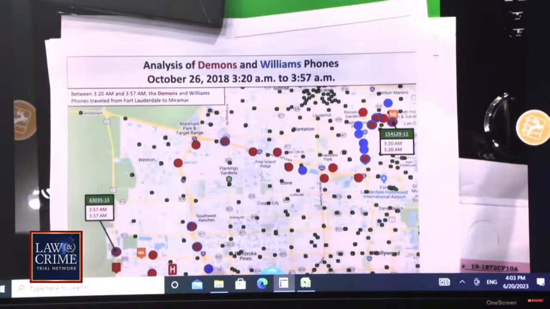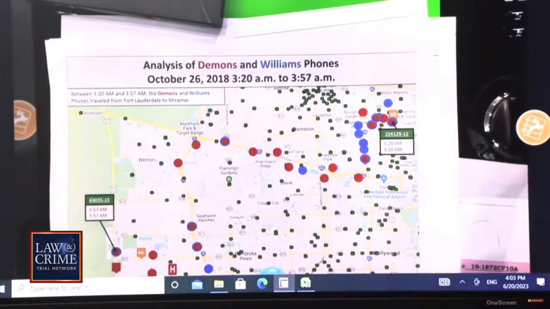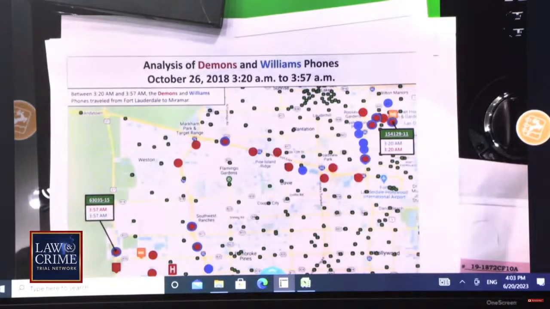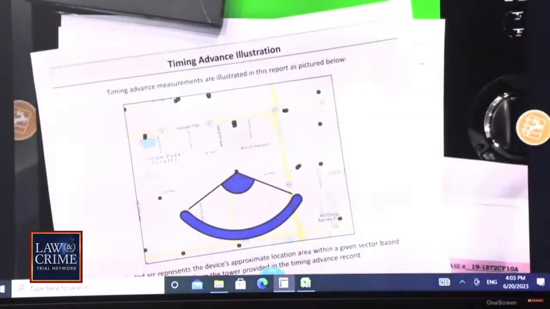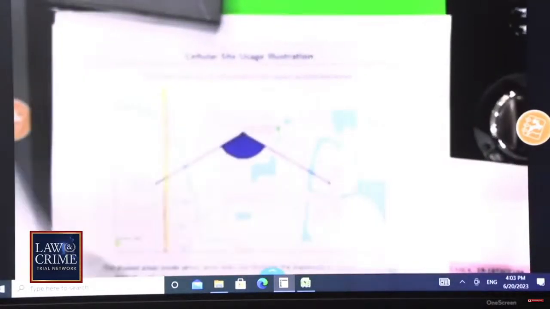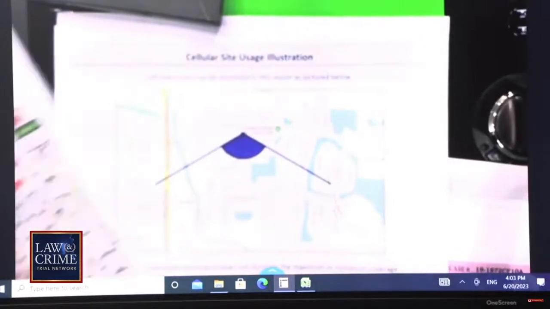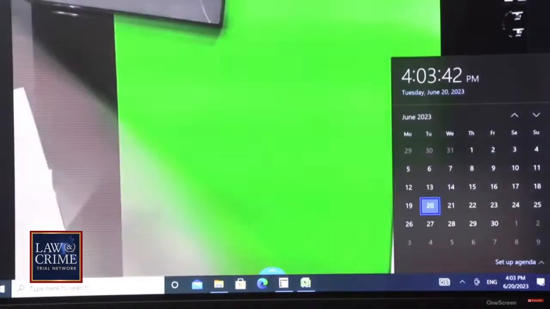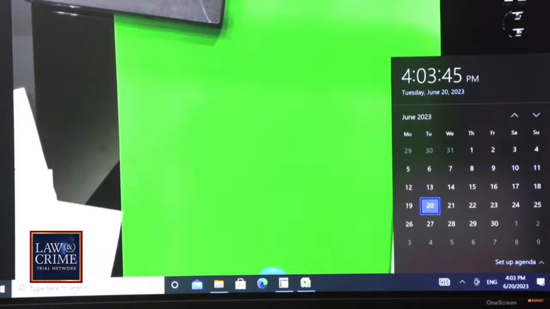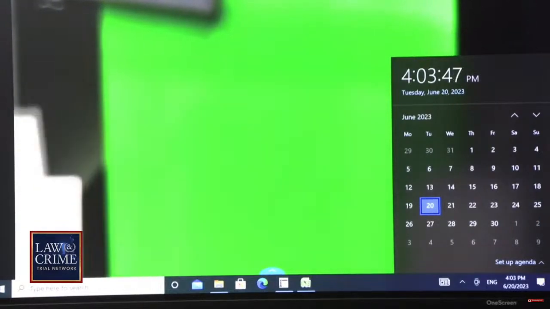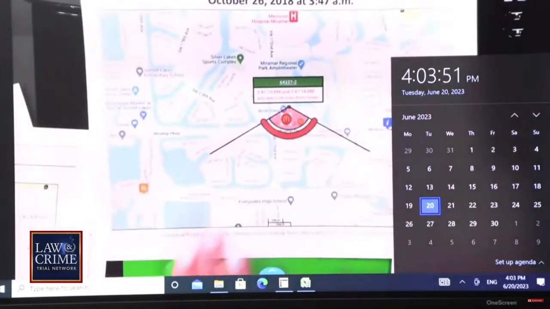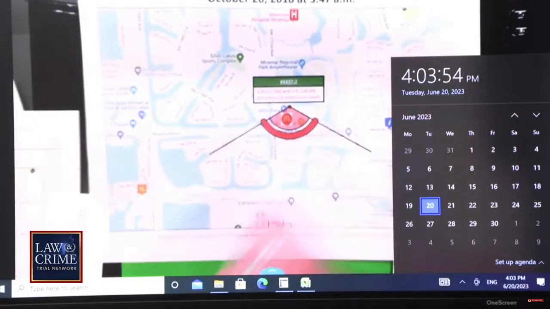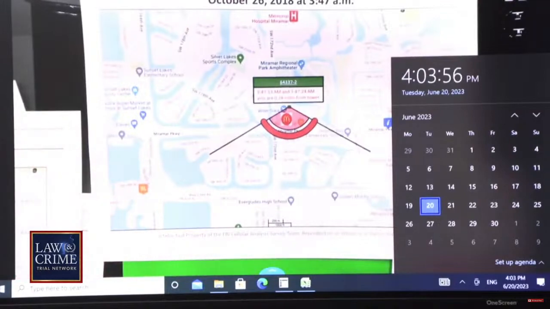I think it's important for the jurors to understand that and have the first part of that analysis there, so that there can't be any improper recall by the jurors on that. So then as to the locations on those, this would be one of the timing advance. So if they don't have the other first part,